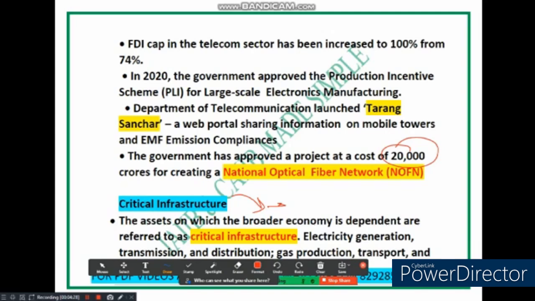So next is gas production and transport. These are the facilities and pipelines involved in extracting and transporting natural gas. You know, natural gas is used for heating, cooling, and as a fuel source in various industries. It is crucial for the functioning of homes, businesses and industries that rely on its energy.